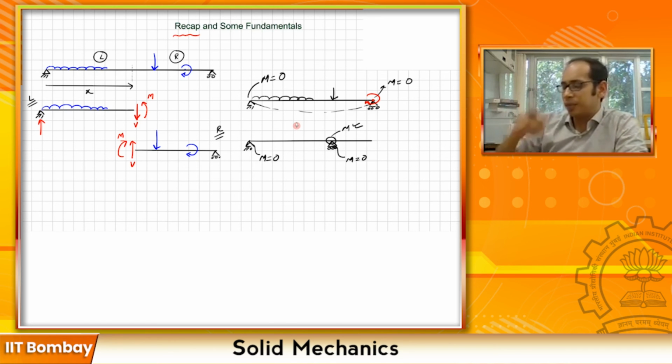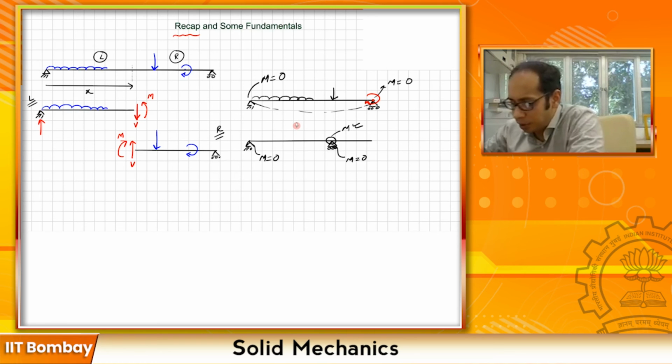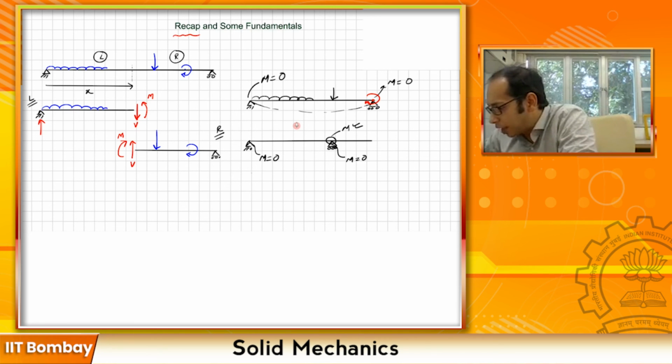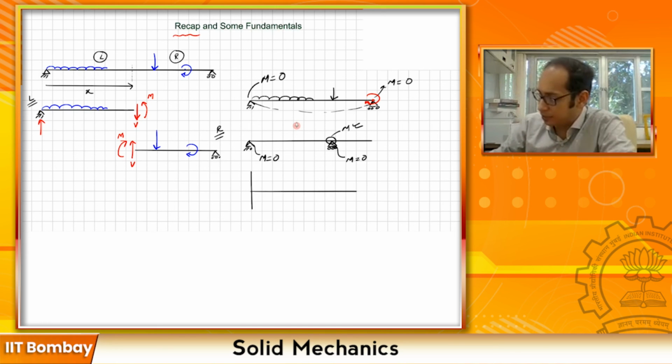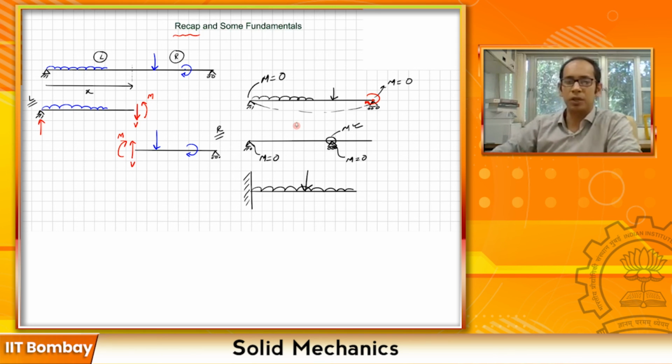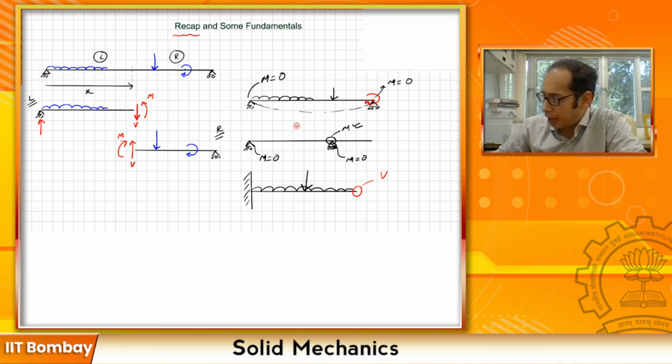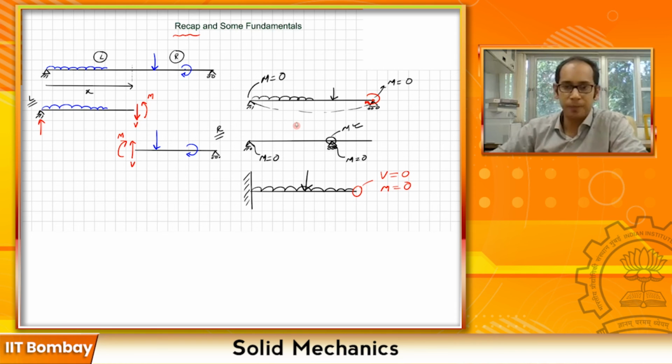Now another thing to note, that suppose you have a cantilever. So if you have a cantilever with a free end, a free end, as the name suggests, is free. That means that if you have the cantilever with some load, maybe a uniformly distributed load or a point load, the free end of the cantilever will have 0 shear, it will have 0 moment as well, because it's a free end, it cannot develop anything, right?